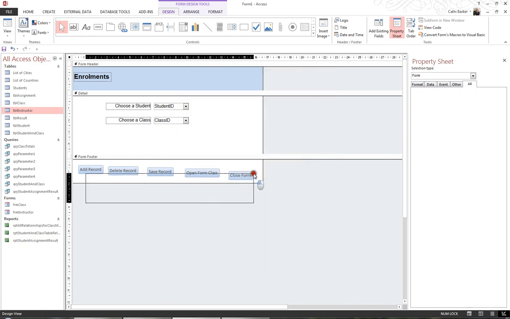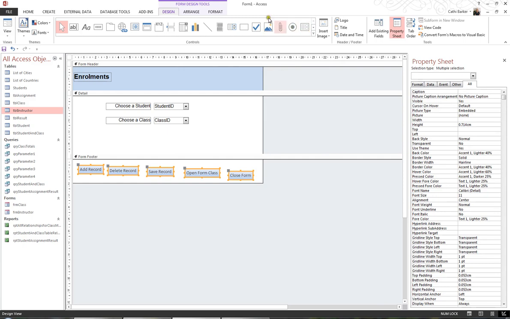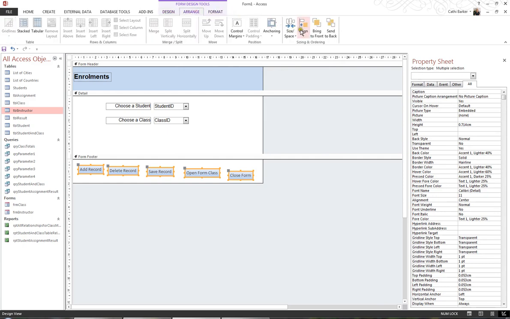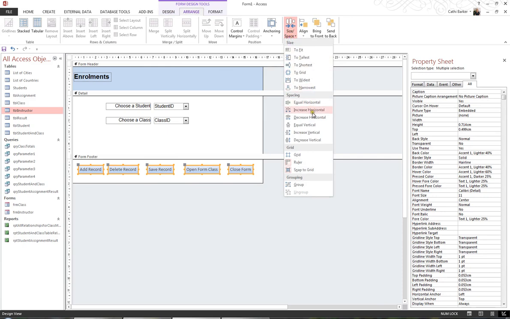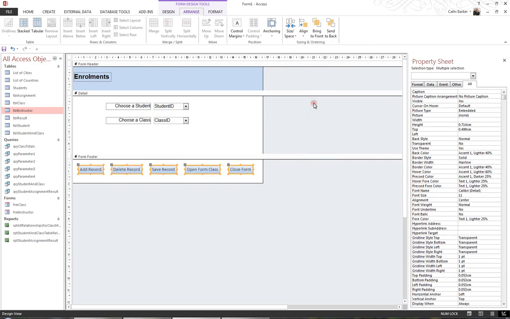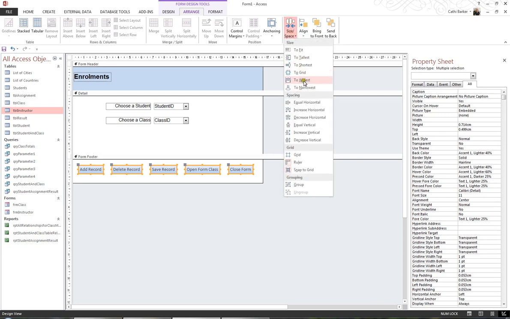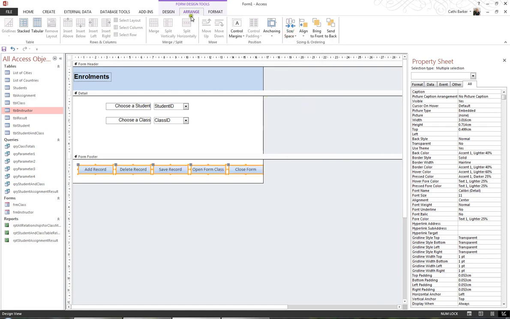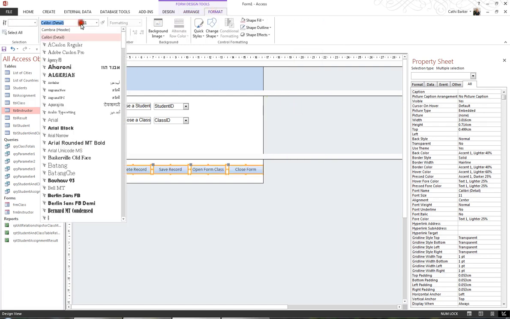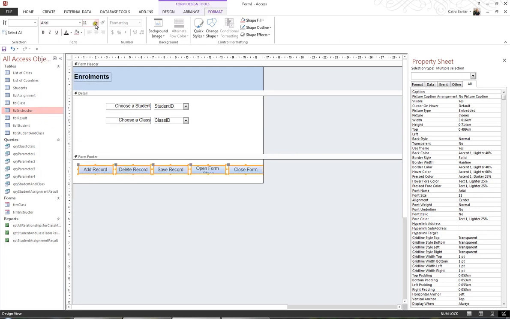I'd like to highlight all these buttons, and I'll align them using the Arrange tab in the ribbon, align them to the top. Also space them equally horizontally, and size them to the widest, which may mean I have to space them again. I'll also format them to Arial, maybe 10,